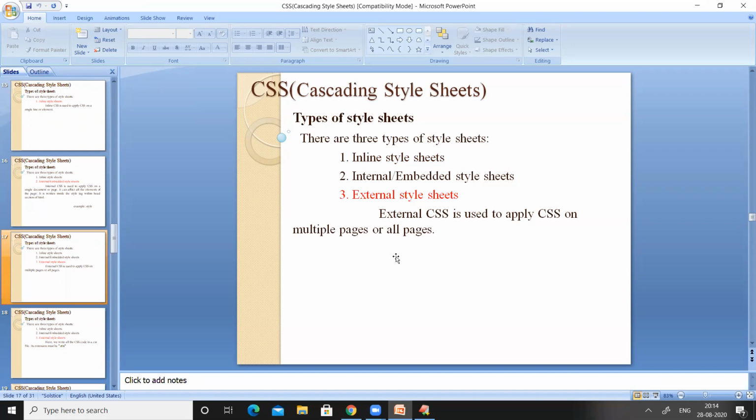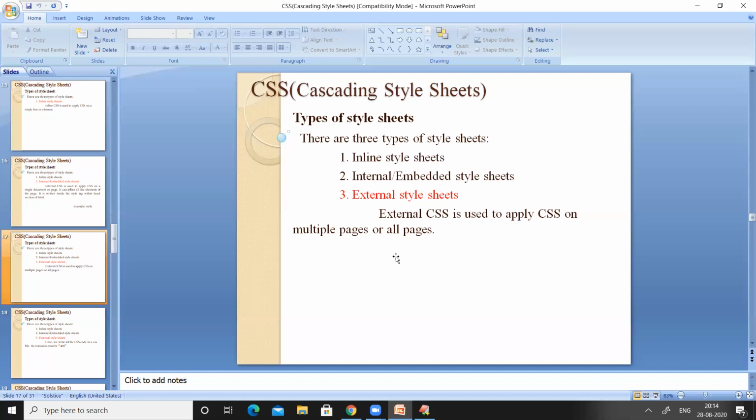Previously, when we said inline, the style is applied to only one line. When we say internal, the style is applied to the entire document. When we say external, the style can be applied to n number of documents.